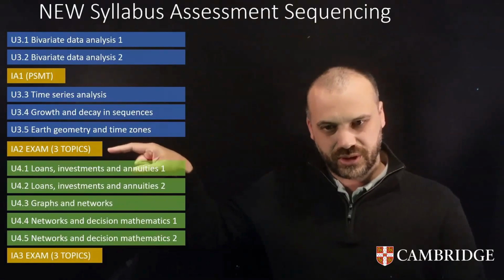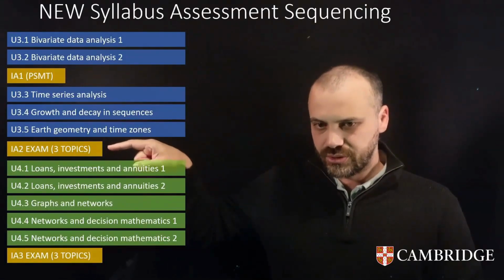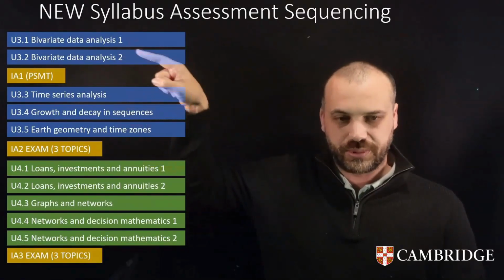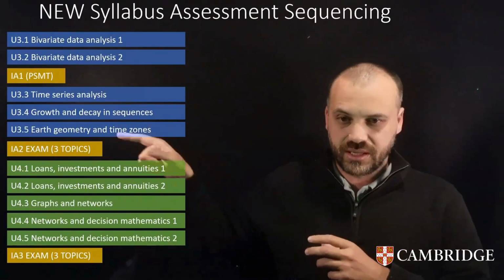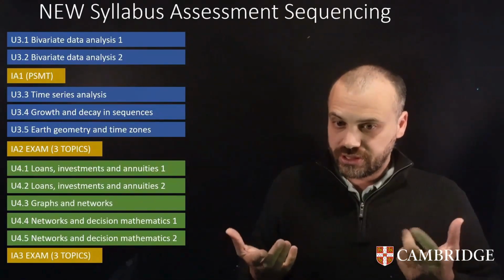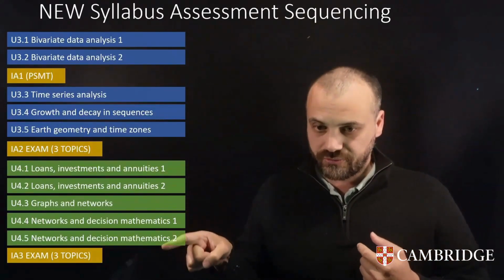Now, when we're doing that IA2, we can just do it on these 3 topics. We can just ignore these topics and say, well, we did them in the PSMT, we're not going to do them here. And then you could do what you've traditionally done and do all of Unit 4